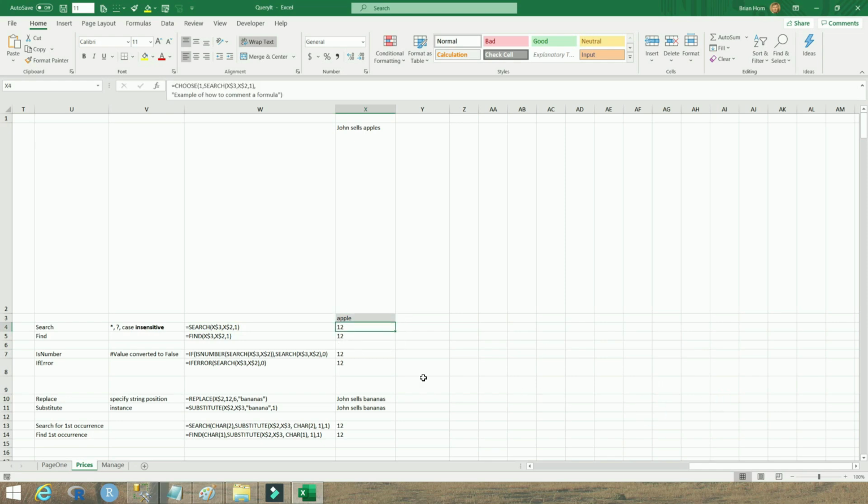Well, it comes back and it finds apple at the 12th position. If you count over it, you can see that the A in apple is in the 12th position. But what happens if I search for a capital A? Well, it still finds it because it is at the 12th position. Now we're going to find when we use the find command, which is not case insensitive, that you get an error when it tries to find a capital